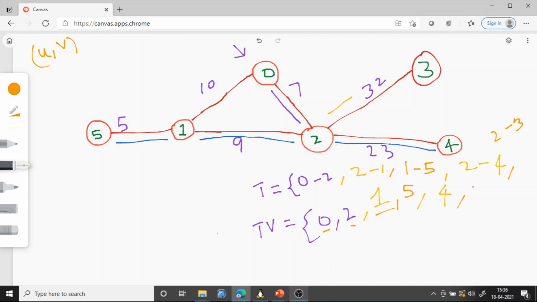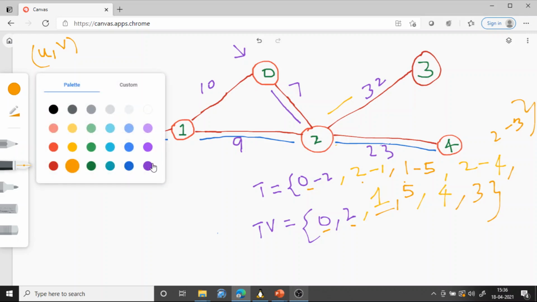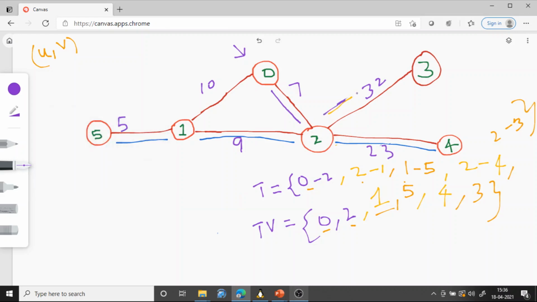So now we add 3 to the vertex list. Now if you count the number of edges, we got the sufficient edges, 1 2 3 4 5, and the number of nodes or vertices were 6. So we got 5 edges, which means that already the spanning tree got created. Okay, already the spanning tree got created, and the recent edge which we have added is 2 to 3. So this edge also we have to add, 2 to 3. Okay, so this is the resultant spanning tree.